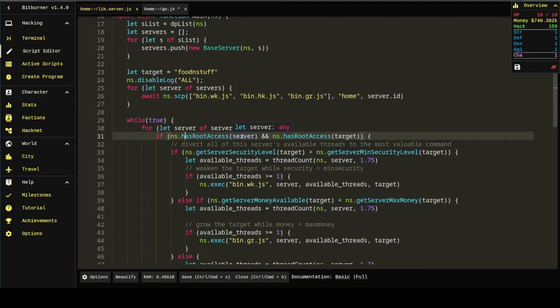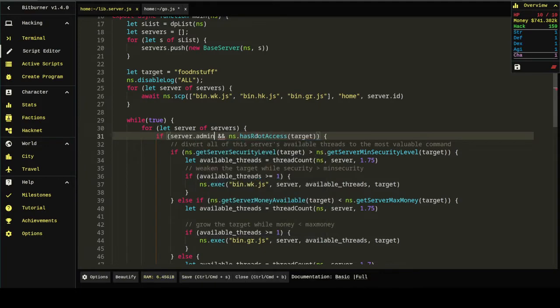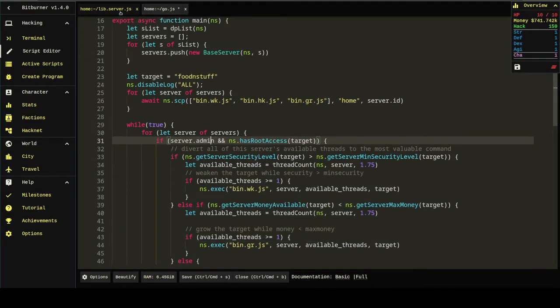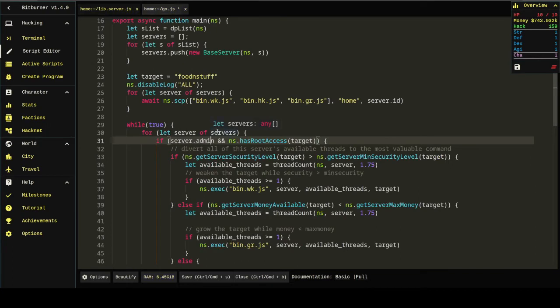And here, has root access. We don't need that. We can do server.admin, which is the function we defined here. Return this.data.hasAdminRights. That tells us if we're admin. So notice what's happening to the RAM count, the RAM size as we do this. As root access target. That would be,